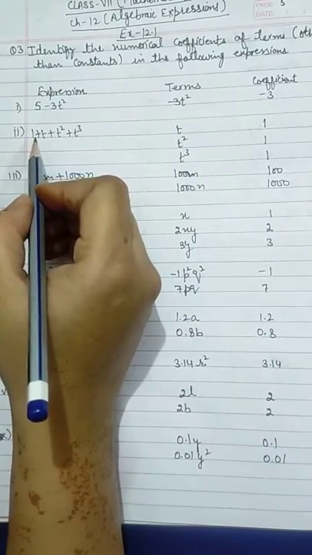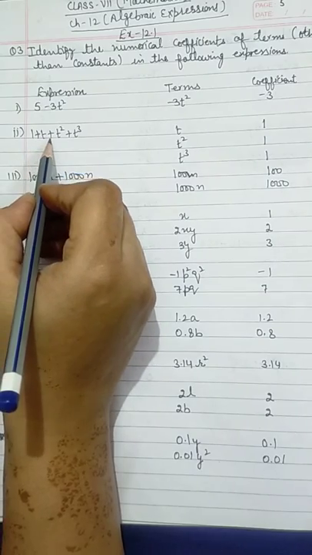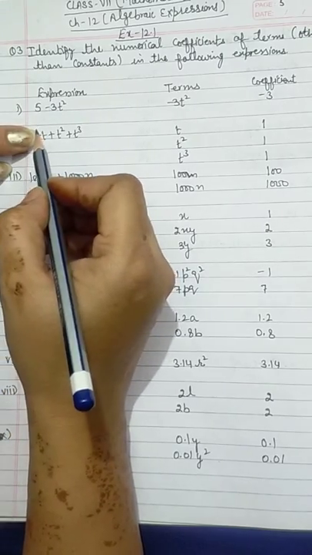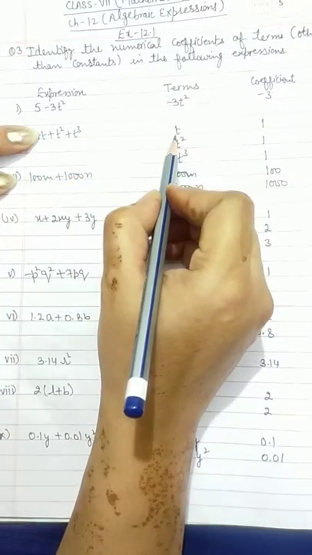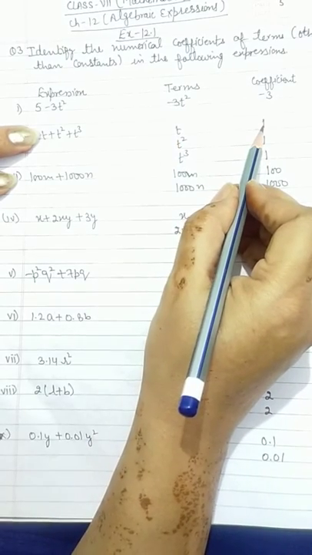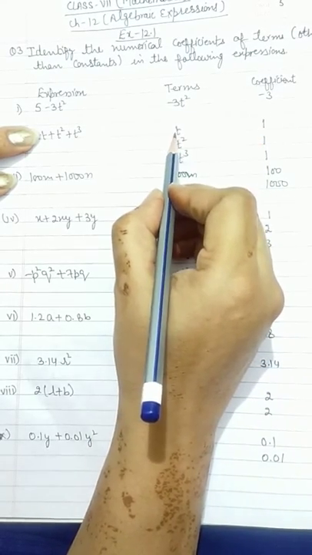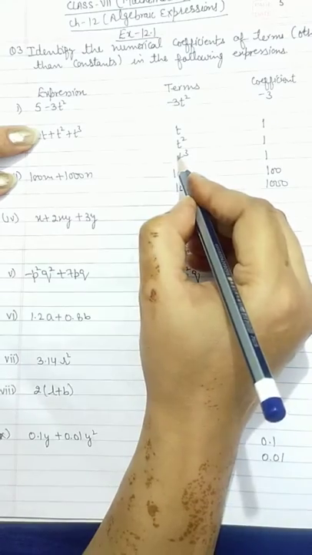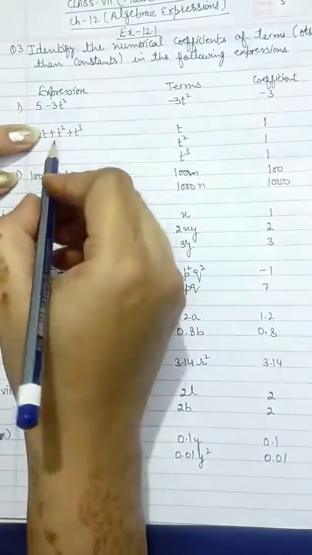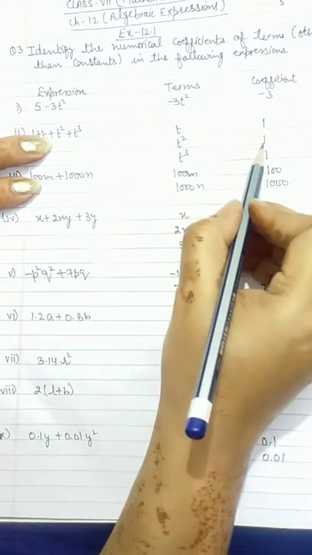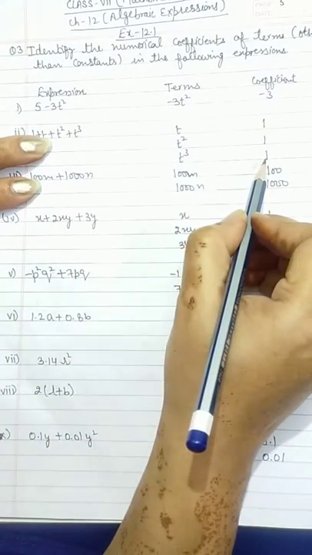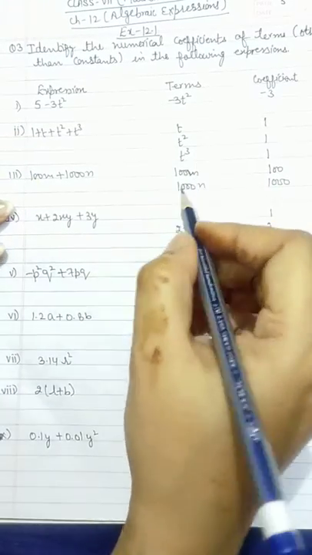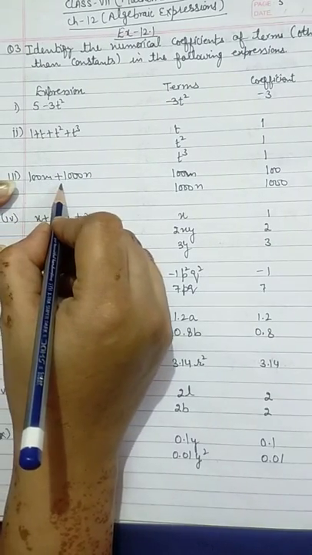In the same way, I am having 1 plus t square plus t cube. As we will not take the constant, leave 1 here only. We'll start from t. T is not alone here, t is always having 1 with it. All the variables which are not showing any coefficient are always having 1. Same here, t square has coefficient 1, and t cube has coefficient 1, because they are variables without any coefficients.